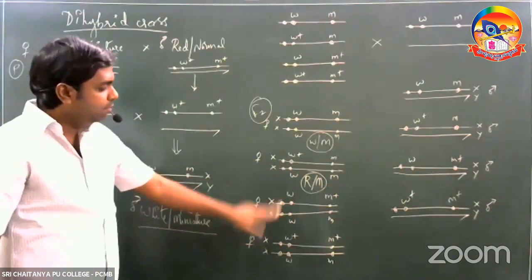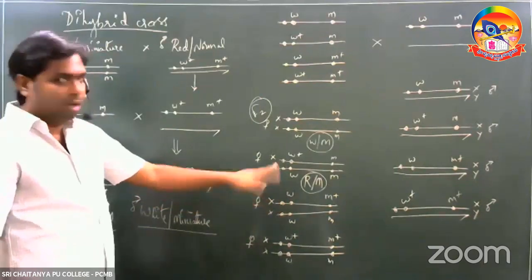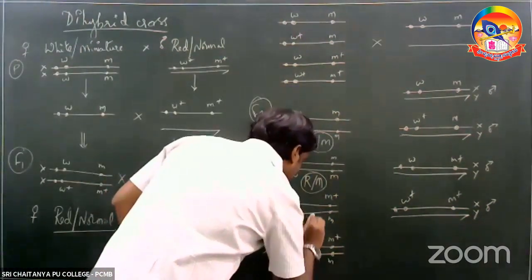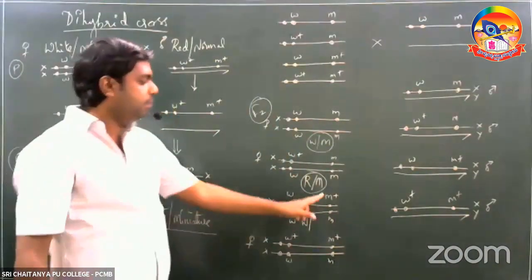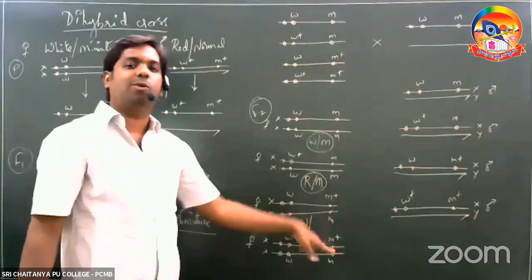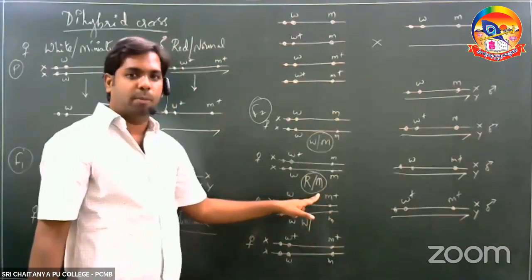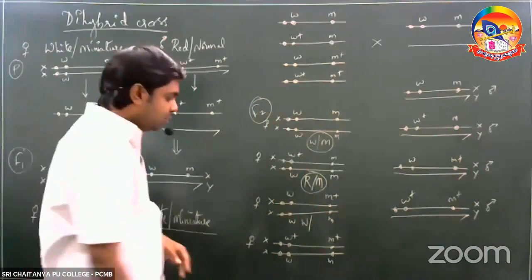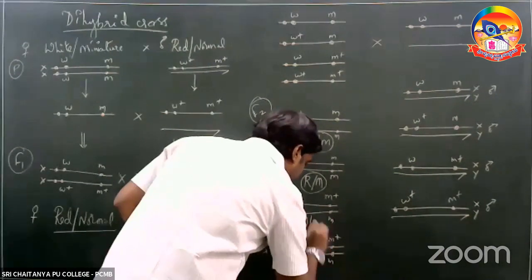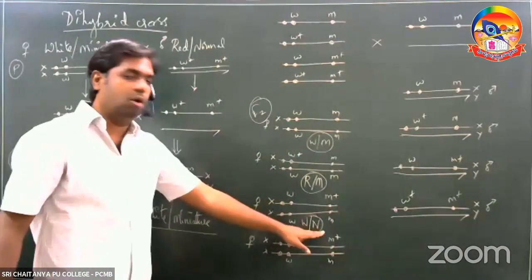Third one, again, recessive for eye color, W and W. Since it is recessive for eye color, the individual will have white eye, and heterozygote for the size of the wing. Since it is heterozygote for the size of the wing, M plus and M is present. M plus is dominant, so the dominant trait would be expressed. So the wing here would be normal wing. So this individual will have white eye and normal wing.